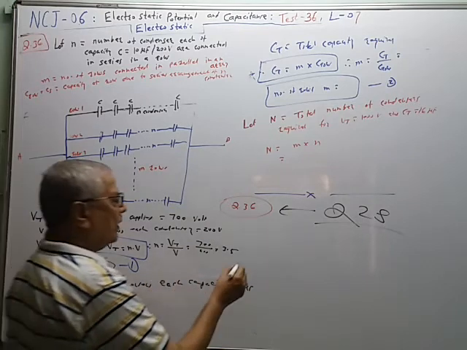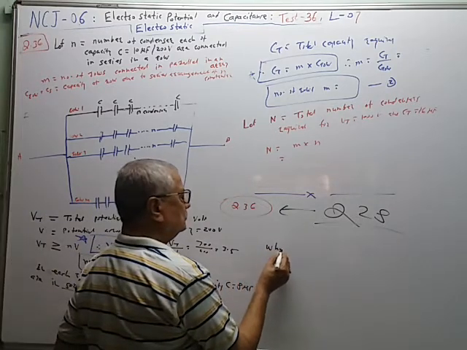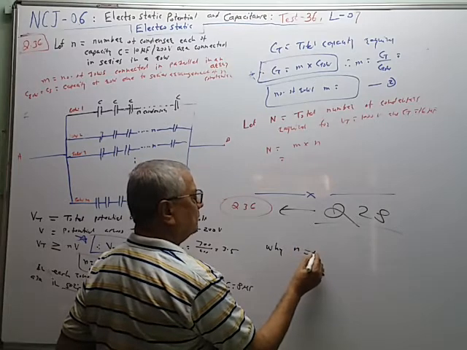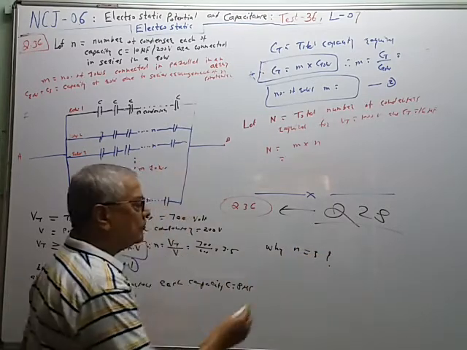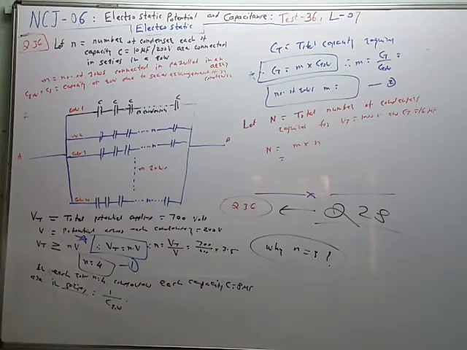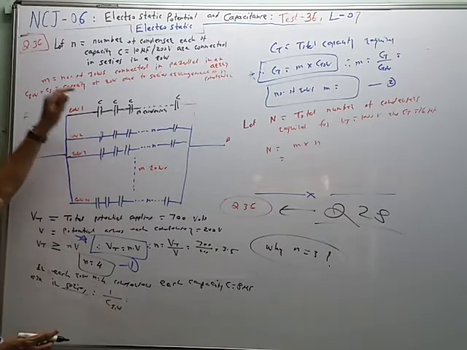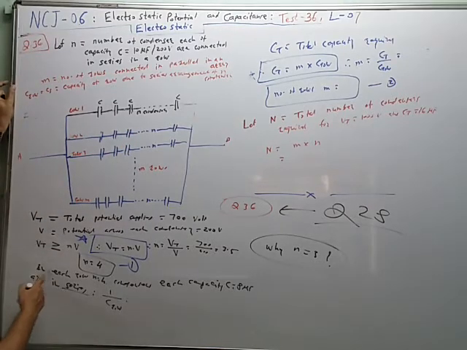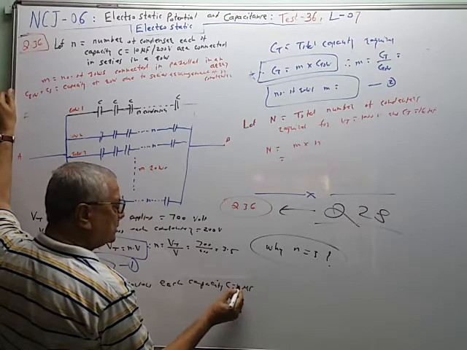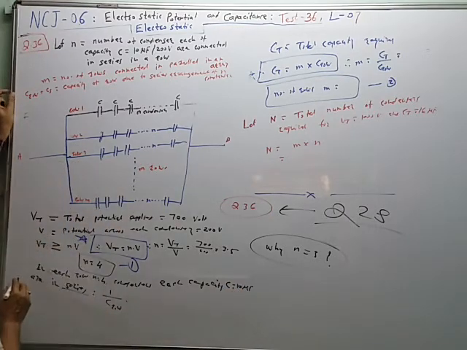Now why N is equal to 3 is not required, that we will see afterwards separately. So N is used as a 4. So in each row there are 4 condensers like this. So in each row N is equal to 4 condensers, each of capacity 10 microfarad, are in series.